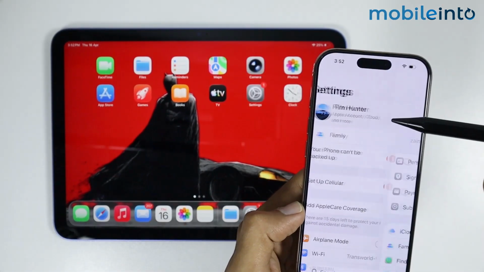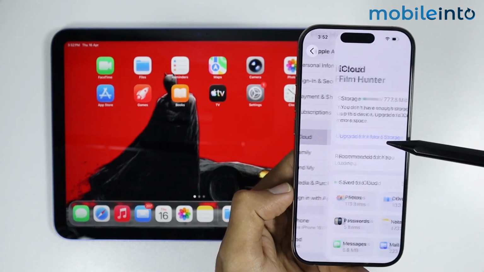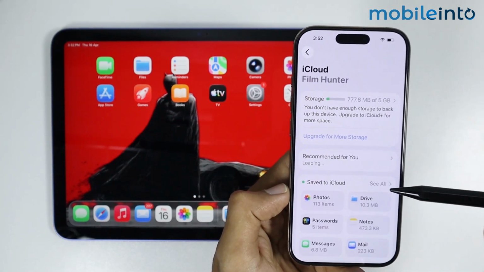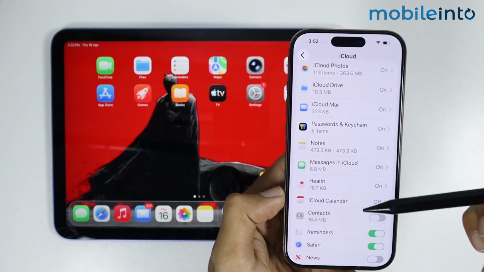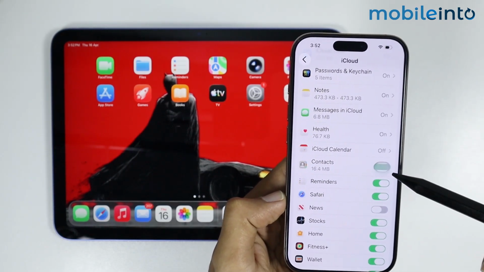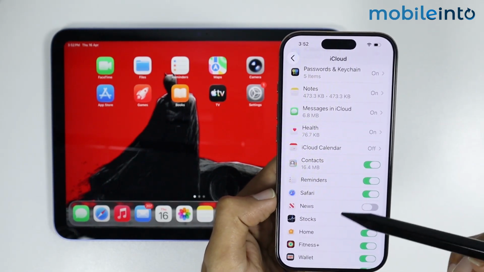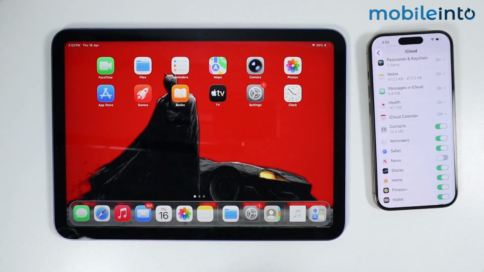And under Settings, just tap on your Apple ID. From here, just scroll down and tap on iCloud. Now, from here, just tap on Save to iCloud. Now, on this page, just scroll down and enable Sync Contacts. Then select Merge. Now after you sync all the contacts from your iPhone to your iCloud, then on your iPad